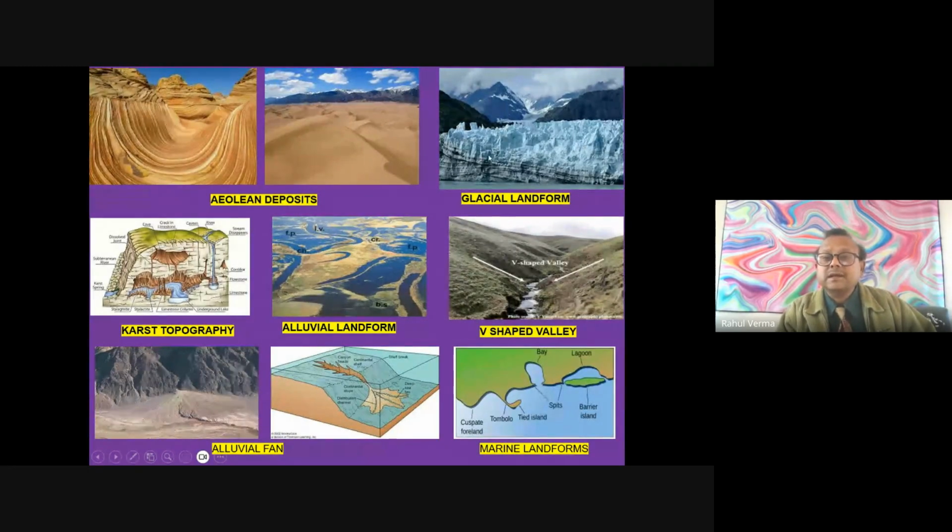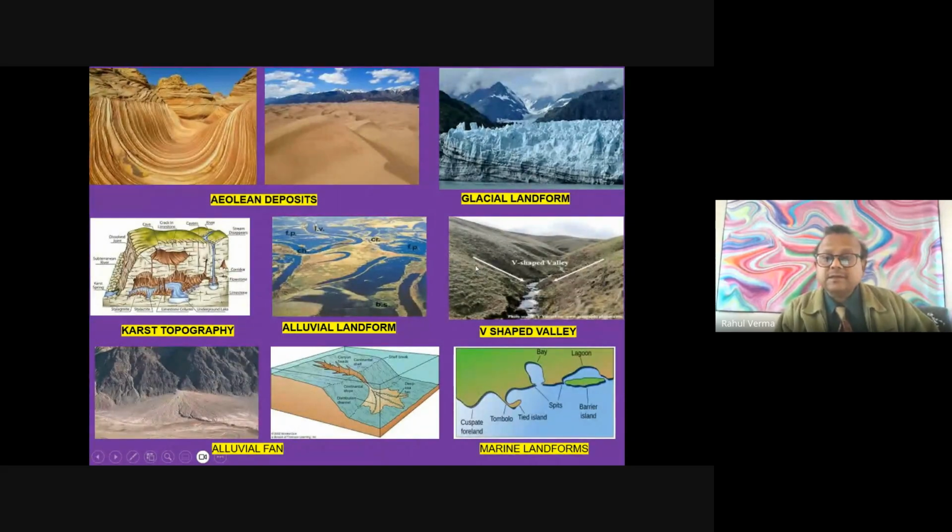Now this is a glacial landform. And this is called karst topography. Karst topography means underground, where we get leaching and solution. And maybe in the tourism sector, there are a lot of underground caves that people visit. And this is an alluvial flood plain, meaning channels and floodplain. This is made by a river. If you see a big river plain from space, you will find it like this.